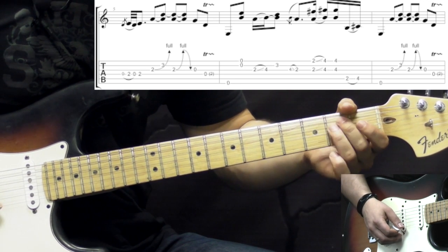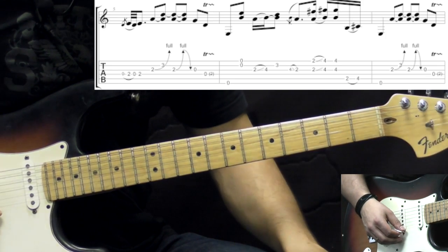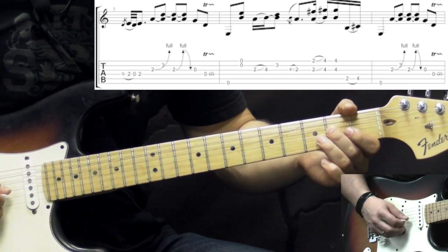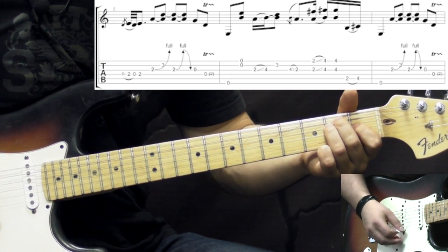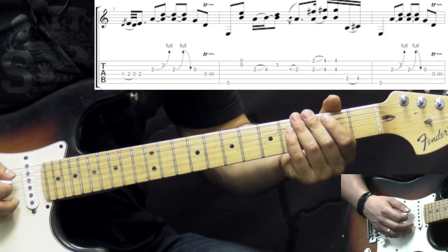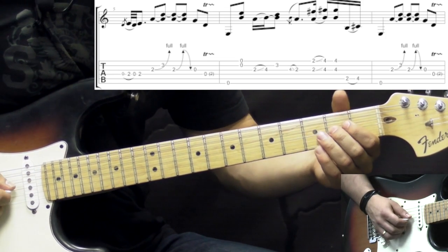After that, after we play the low E string open, we then play the high E and the B strings open as well. And then the next phrase goes like this. So if I started from the beginning of the bar. Like I said, after we play the low E and then the high E string open, we then have